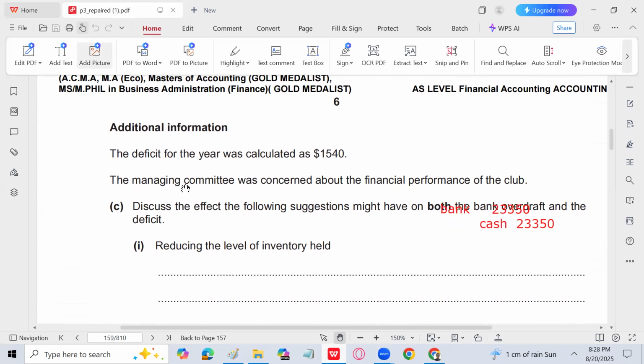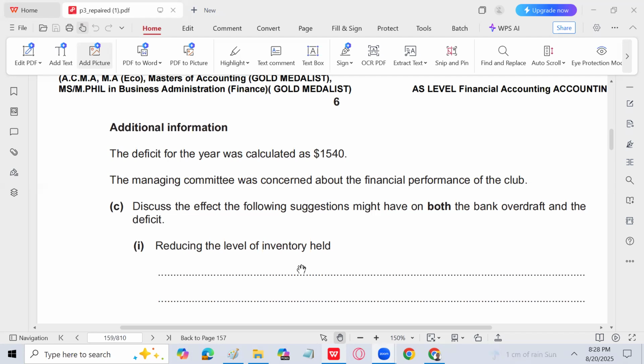The managing committee was concerned about the financial performance of the club, and discussed the effect the following suggestions might have on both the bank overdraft and the deficit. So, reducing the level of inventory held. If you reduce the level of inventory, obviously it means that you are selling inventory. So your bank overdraft will decrease, it will go down. So it will help us because we are getting more cash because we are selling inventory at a faster rate,